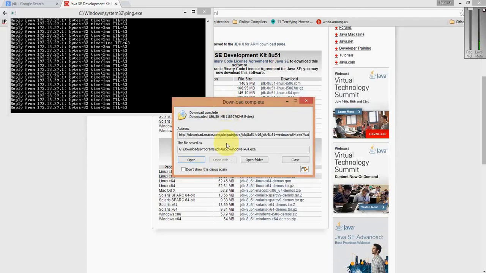Let's install it. In most of the software we install in our daily life, we need to just install the software and it's done. But for Java we have to install the software, that means the JDK, Java Development Kit, and we also need to specify or locate the environment of it. For example, you are installing a thing and you are telling the operating system that with your functionality add this functionality too. So that is why we have to set up the environment. So let's get started. So we are opening it.